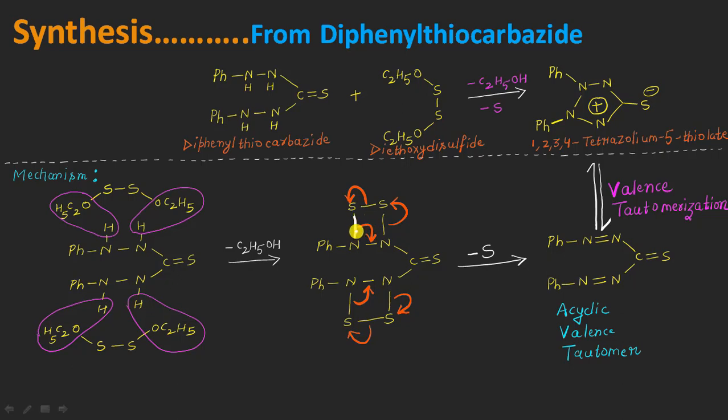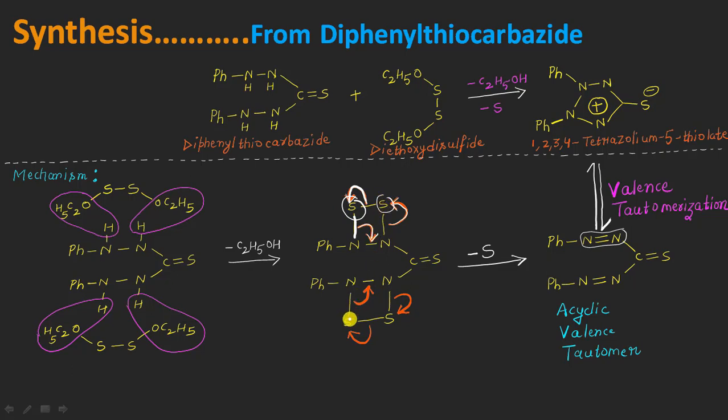This bond here will form between the nitrogen and the nitrogen, and then there is shifting of these electrons onto the sulfur here, and these electrons of the disulfide bond are moving to this sulfur here, such that a double bond will now appear between the nitrogen and these 2 sulfur atoms, the first one being this here and this is the second one. This will go out of the system.